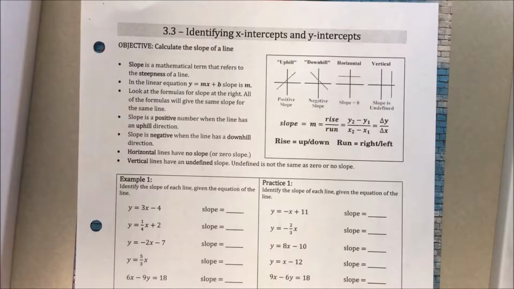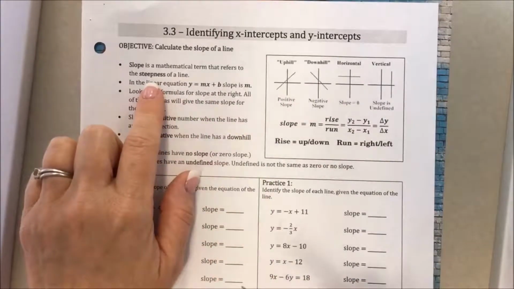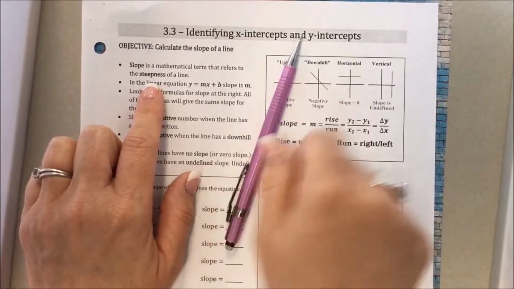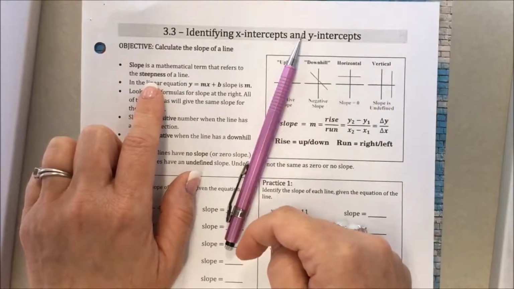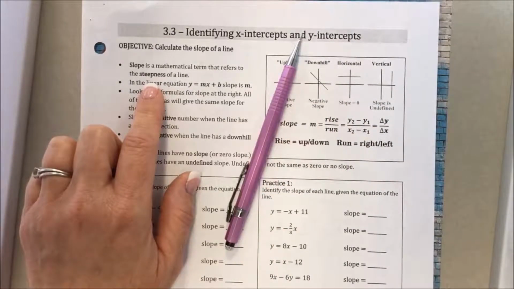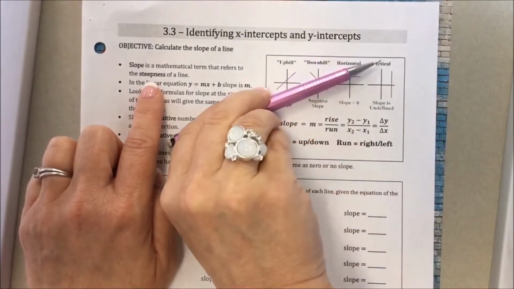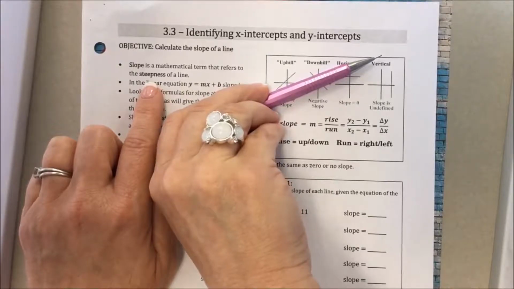So the first thing we want to do is calculate the slope of a line. The slope of a line is basically how steep a line is. If you think about going snow skiing, then the steeper the hill, the more difficult the ski might be to ski down or even to climb up if you don't have a lift. If it's not as steep, it's sort of more flat, then that's a less steep slope,